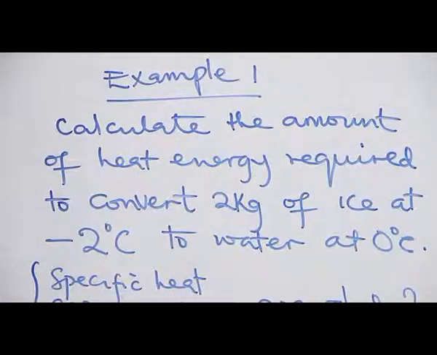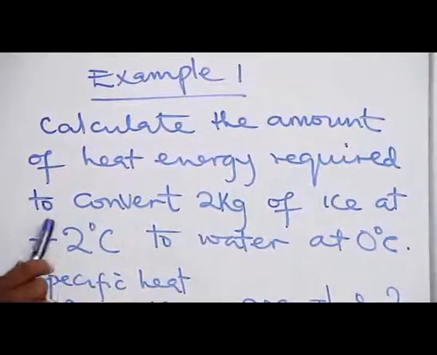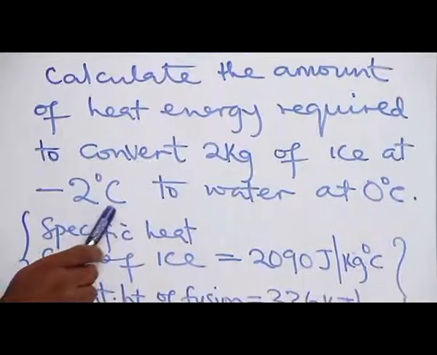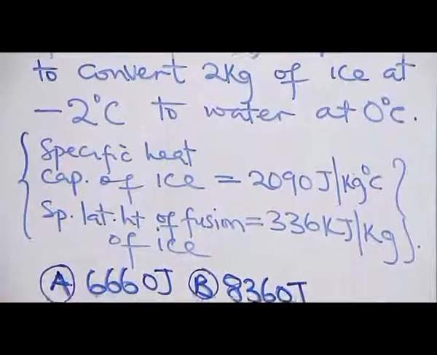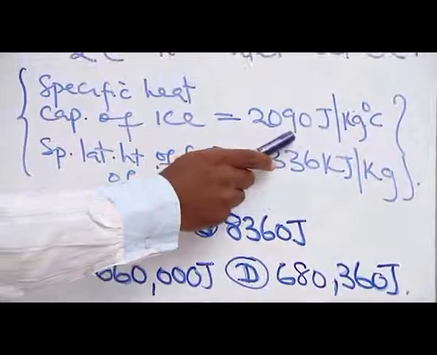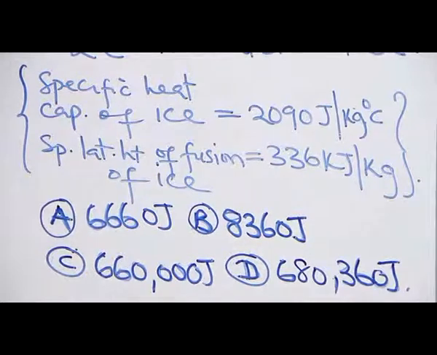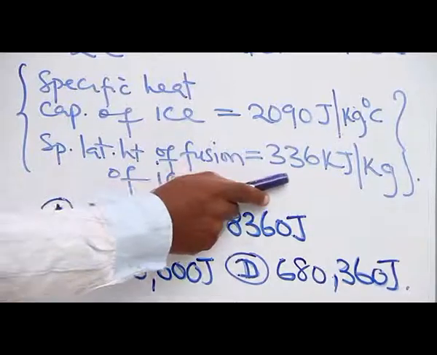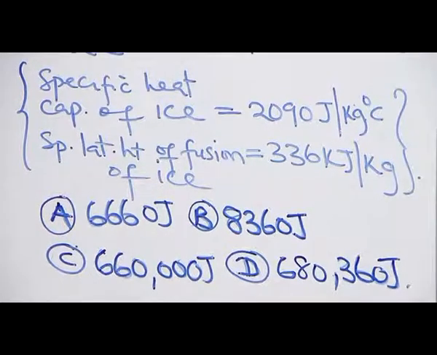Example 1. Calculate the amount of heat energy required to convert 2 kg of ice at -2 degrees Celsius to water at 0 degrees Celsius. Specific heat capacity of ice is equal to 2090 joules per kilogram per degree Celsius. Specific latent heat of fusion of ice is equal to 336 kilojoules per kilogram. The options are